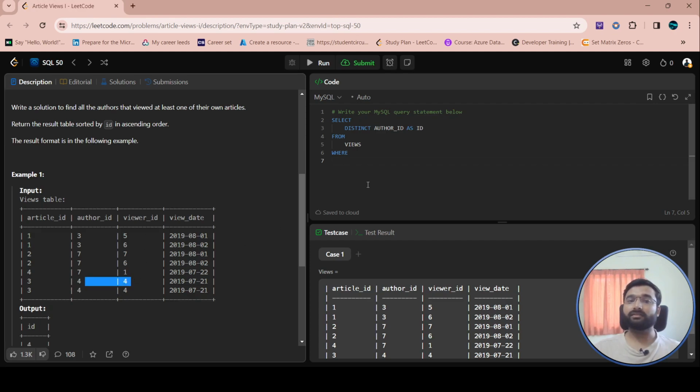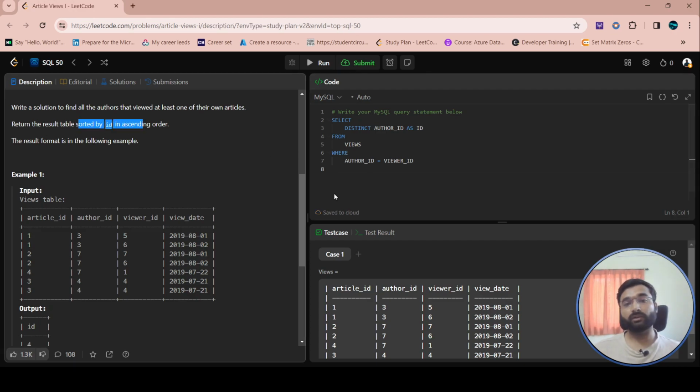Then we can say, yeah, the same author has viewed his own article, right? So from views where author underscore ID is equal to viewer underscore ID, and I want the result table sorted by ID